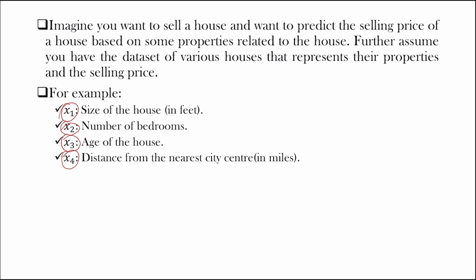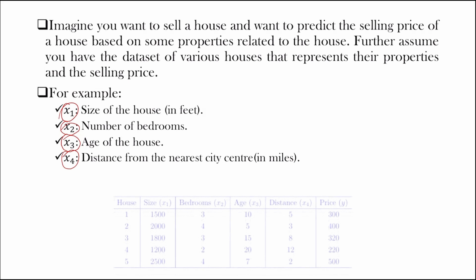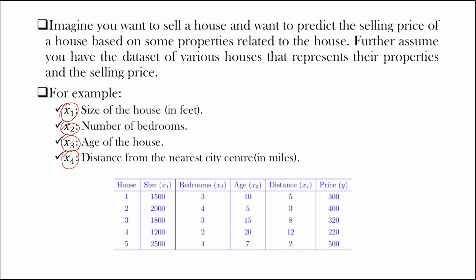Based on this type of features or properties, let us assume that we had a data set like this. This is a data set of 5 houses in which I had the properties: size of the house, number of bedrooms the house had, the age of the house, that is how long ago it was built, distance, which means the distance from the nearest city center in miles, and